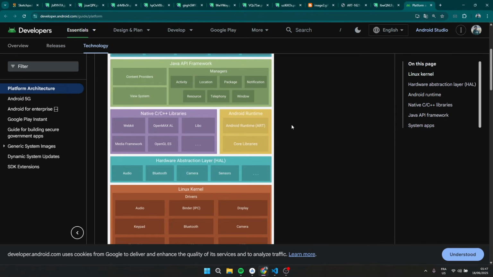Those are managers, for example, but I'm not going to be talking about managers right now. I'm going to be talking about the four components that make the Android applications, which are activity, service, broadcast receivers, and content providers. Those things are really important to understand, guys, because those components are the ones that will be making the application, and you should know and understand what each one of them is going to be doing.